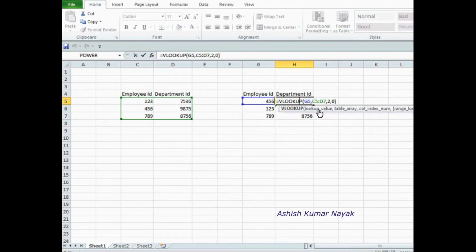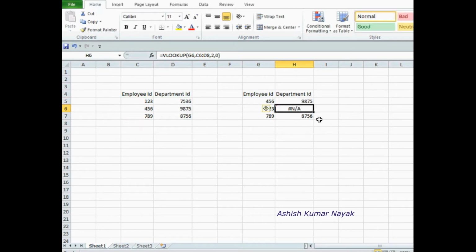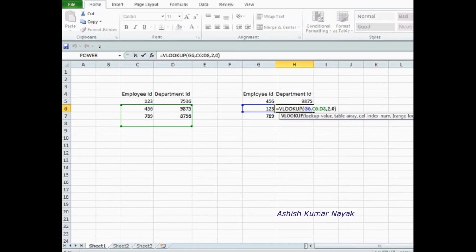For this value, this table is selected. Let's go to the next one. Double click on it. What it is doing? It is incrementing this C6 D8. So one extra row is coming. It is not taking the exact table. It is incrementing the rows.